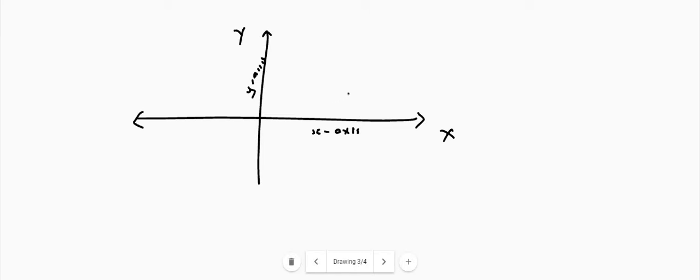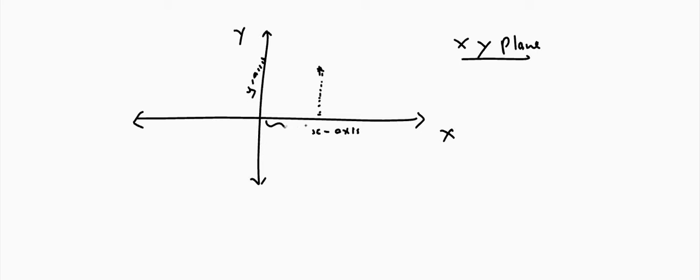And the coordinate plane, which is a plane containing x-axis and y-axis, is known as xy plane, Cartesian plane or two-dimensional plane, or we call it a coordinate plane. And for plotting of points in a plane, we can plot some points in this plane.